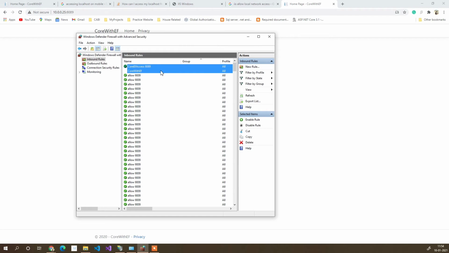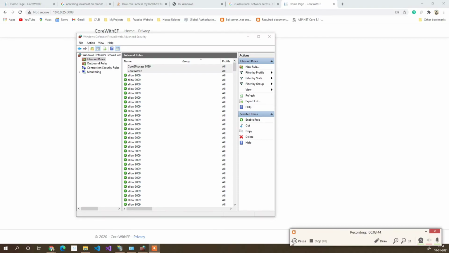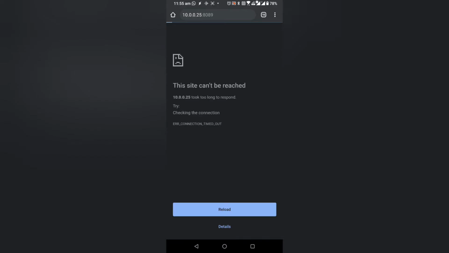So let's try to go to the mobile first. Let me first disable the rule, and go to the mobile and see whether it is able to access or not. So I'm trying to do it from this mobile, and as you can see, it keeps loading, and I am connected to the same network which is defined there.